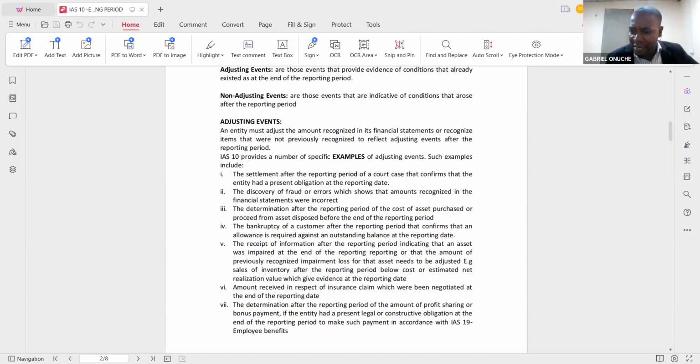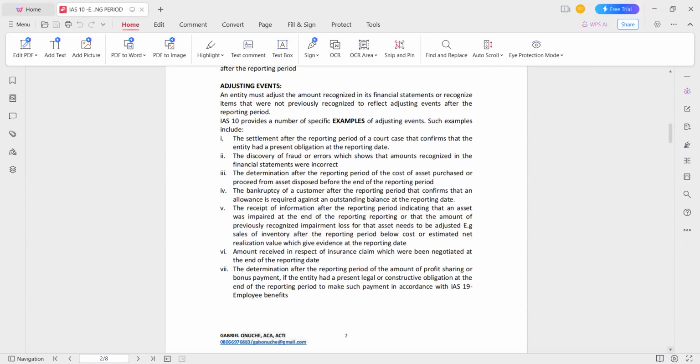Now, this is the area I want everyone to pay critical attention to. What are the examples that are provided by IAS 10 as events after the reporting period? There are several examples, but we are going to take them one at a time. Number one, settlement after the reporting period of a court case that confirms that the entity had a present obligation at the reporting date. If an entity is having a legal case or has been given a sign that this case is like we might not win it, this case has been existing